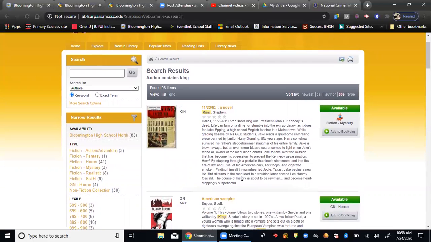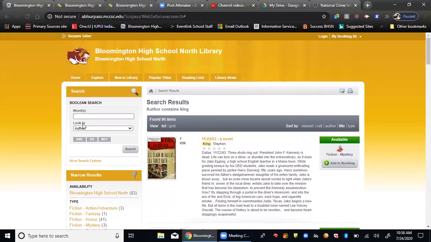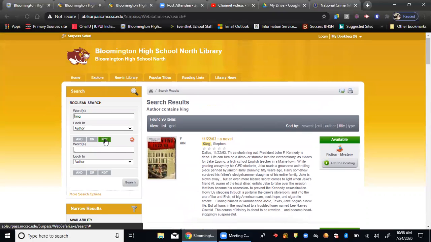This is also maybe a good time to apply another filter that might be useful. Sometimes when you do a search, it is helpful to say, okay, I want this, but I don't want this, similarly to what you do in real life. So we have it typed down. If we were looking for King in the authors section, but we do not want Stephen King, we want maybe someone else with the last name of King,